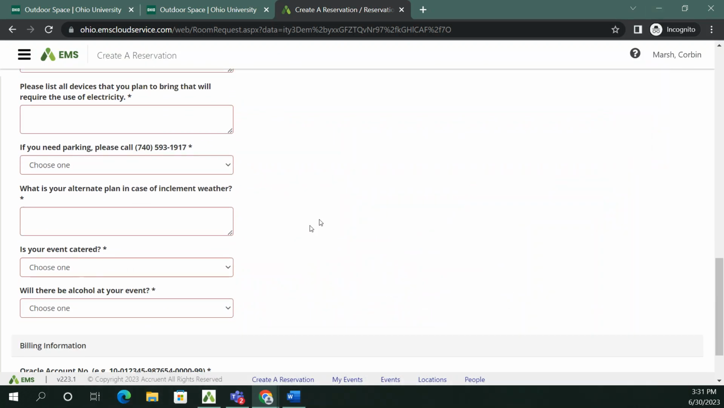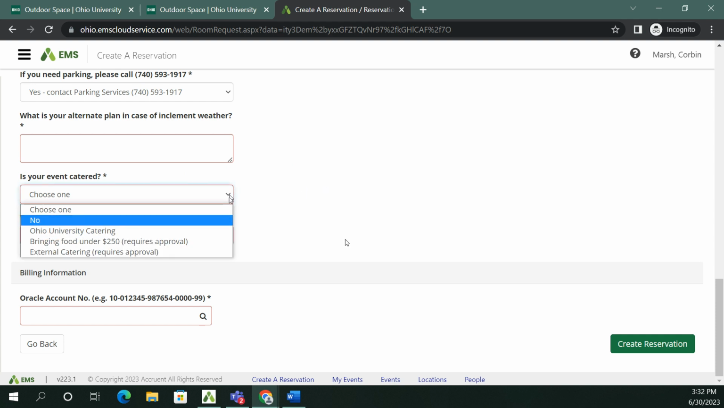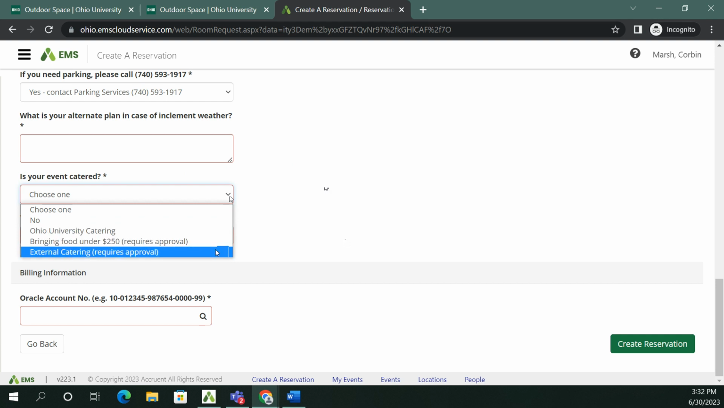Back to the request application, underneath parking, you will select no or yes that you will need, and you must also contact parking services at that phone number. Here you will provide a detailed alternative plan in the case of inclement weather. And for catering, you can select none, Ohio University catering, or these final 2 options that require approval,